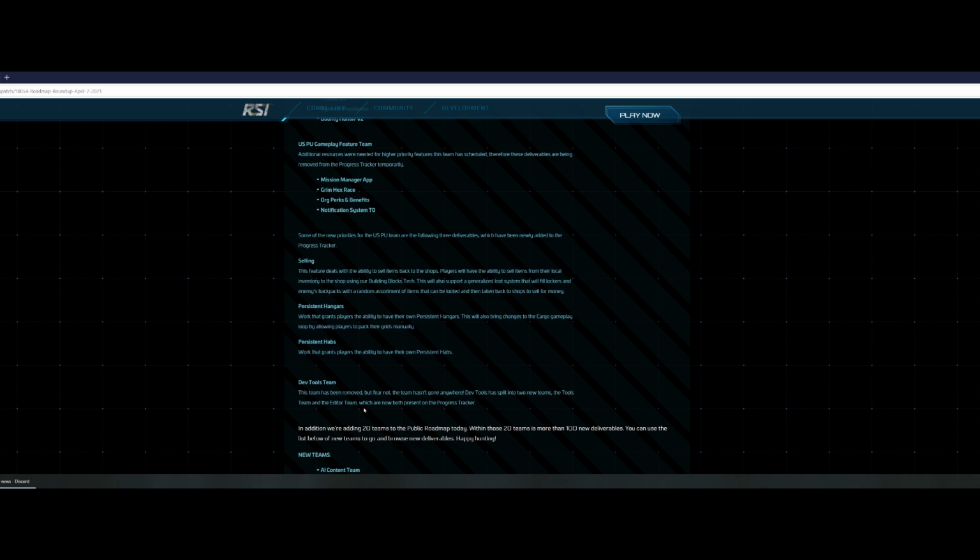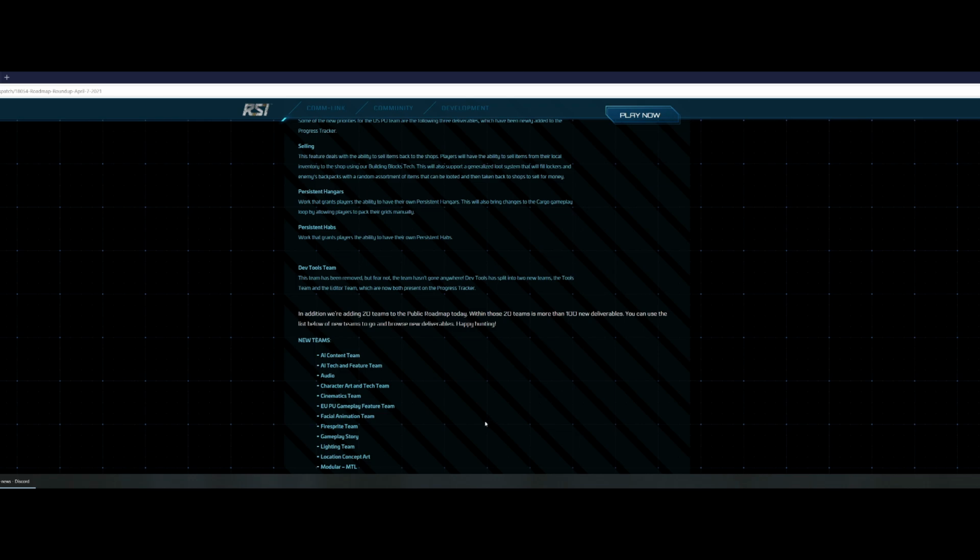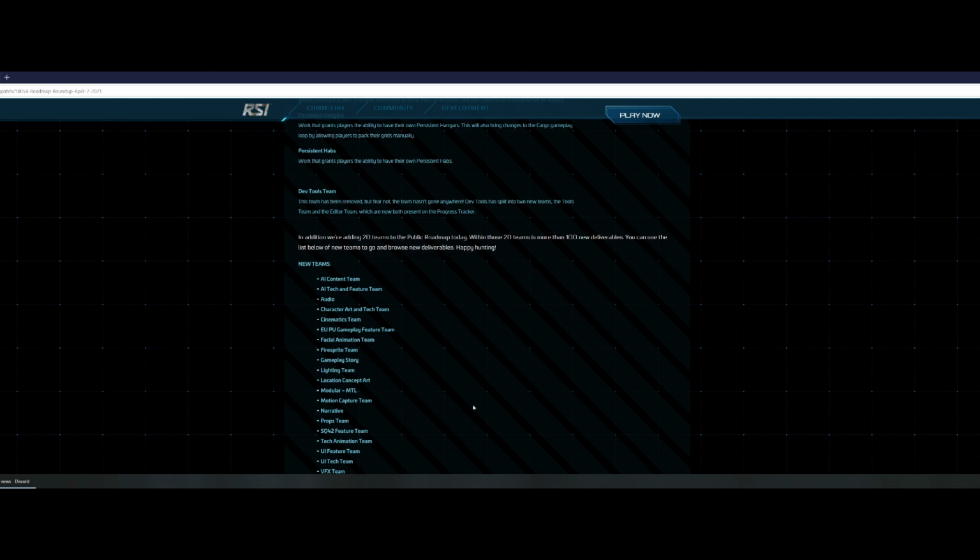DevTools team. This team has been removed, but fear not, the team hasn't gone anywhere. DevTools has split into two new teams, the Tools team and the Editor team, which are now both present on the progress tracker. In addition, they're adding 20 teams to the public roadmap today. Within those 20 teams are more than 100 new deliverables. You can use the list below of the new teams to go browse their deliverables. Happy hunting. So the new teams that they have coming online: